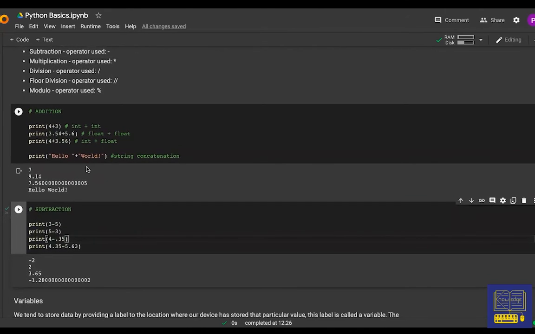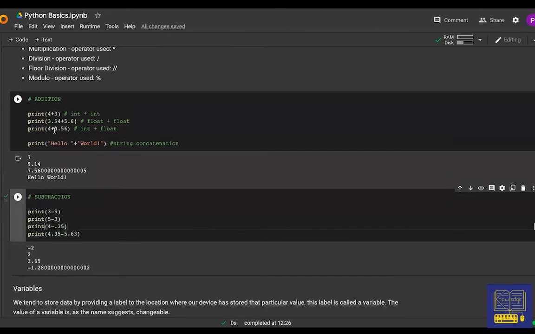Now, something that you might have noticed is that when I add an integer with a float, or when I subtract a float from an integer or vice versa, the result is a floating point number, which makes sense intuitively because let's say I have 5 minus 0.45. In this case, 5 is an integer and 0.45 is a floating point number. So my result, which is 4.55, will also be a floating point number. Again, by floating point number over here, I mean decimal, and hopefully you're able to understand this.